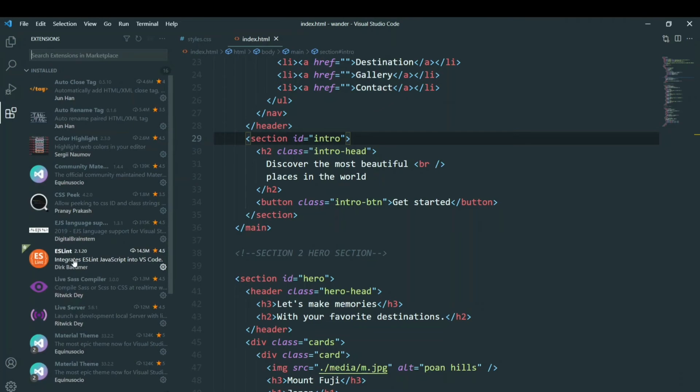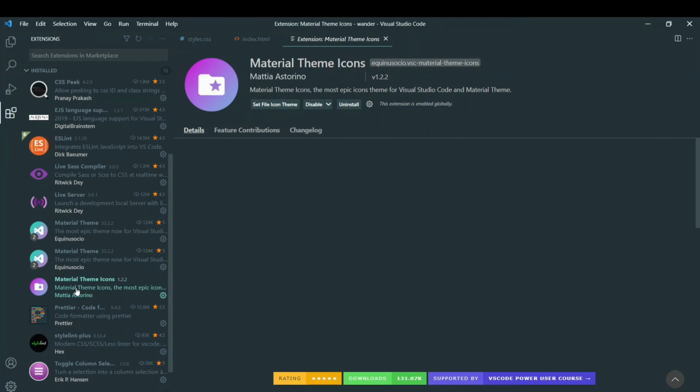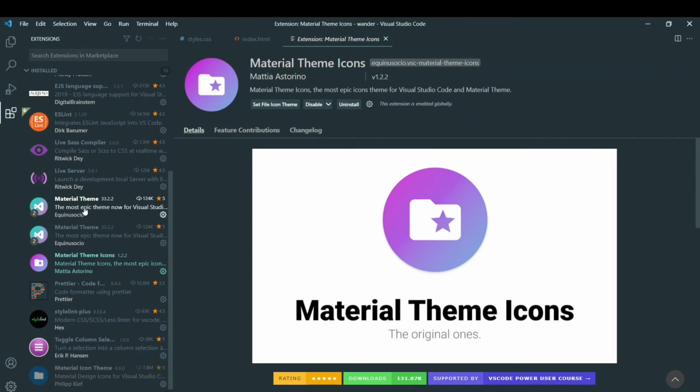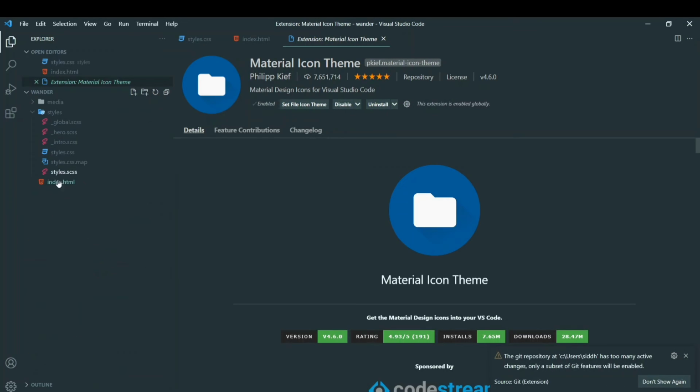But as soon as I enable this extension, which is Material Icon Theme, and now if I check my icons, you can see that they look much better and everyone is distinguishable. So CSS3 has this 3 logo, HTML5 has this 5 logo, Sass looks nice. If you create Python files, then it'll have a special logo for Python and every file. So it also makes your VS Code look visually good.